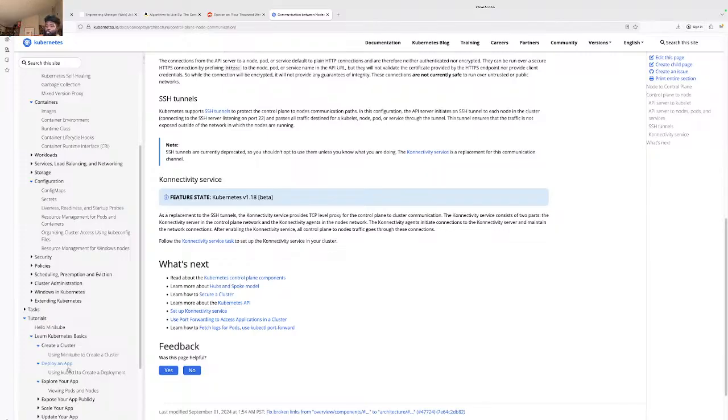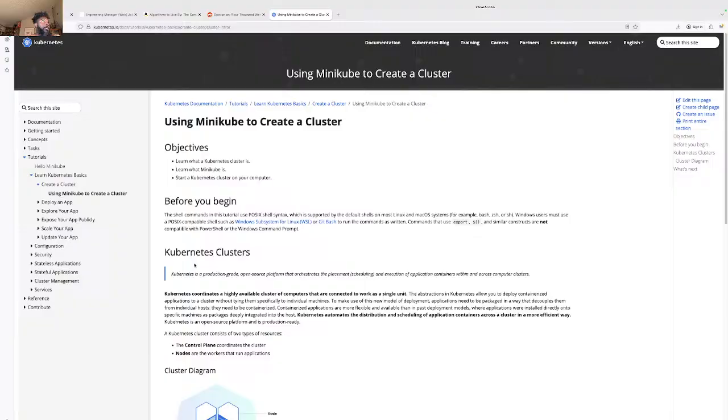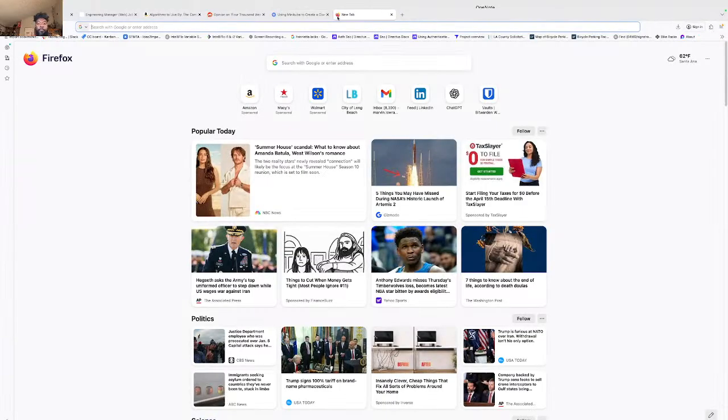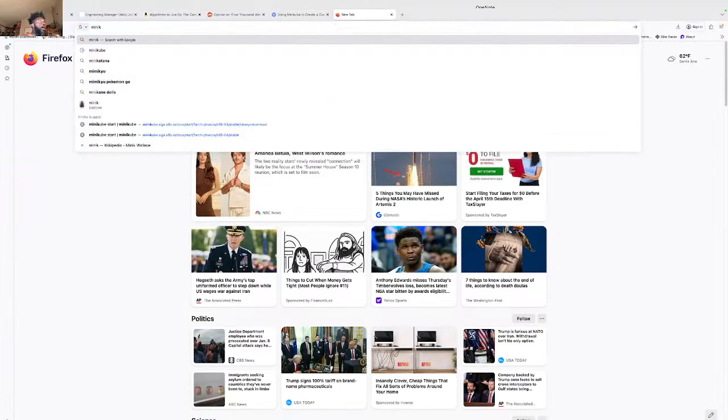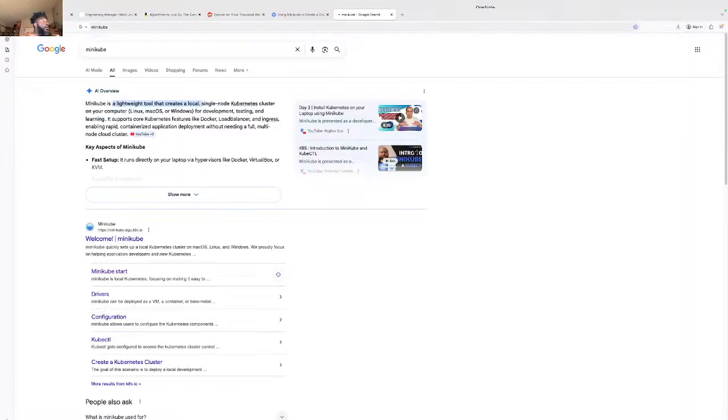Let's hop into it. I think we're experts. So let's just go the path they said. Use minikube to create a cluster. Let me show minikube. I've already downloaded minikube.